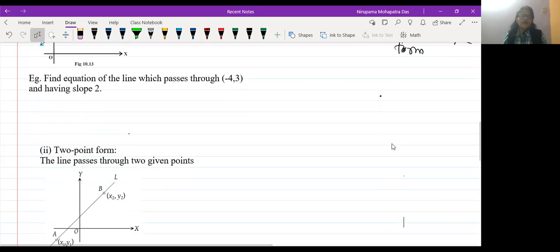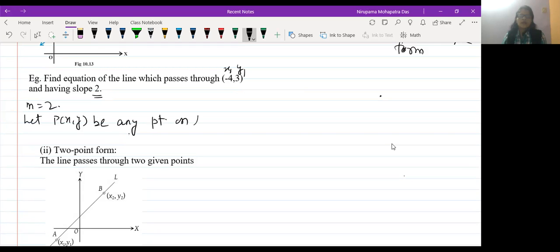Find the equation of the line which passes through (-4, 3) and has slope 2. Passing through (-4, 3) means this is the given point (x1, y1), and having slope 2 means we are given m equal to 2. Okay, so let P(x, y) be